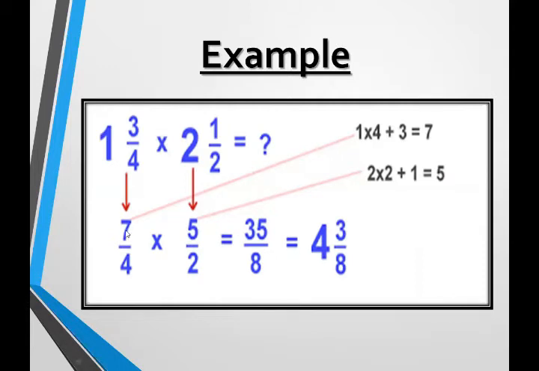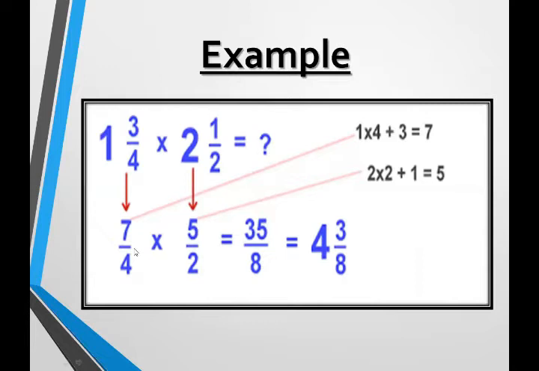Okay. 7 over 4 multiplied by 5 over 2. Are these multiplicative inverse? No, because here there is no value that is multiplicative inverse to the other. These are simple values, 7 over 4, 5 over 2. Nothing will be cancelled. Nothing will be more simplified. So